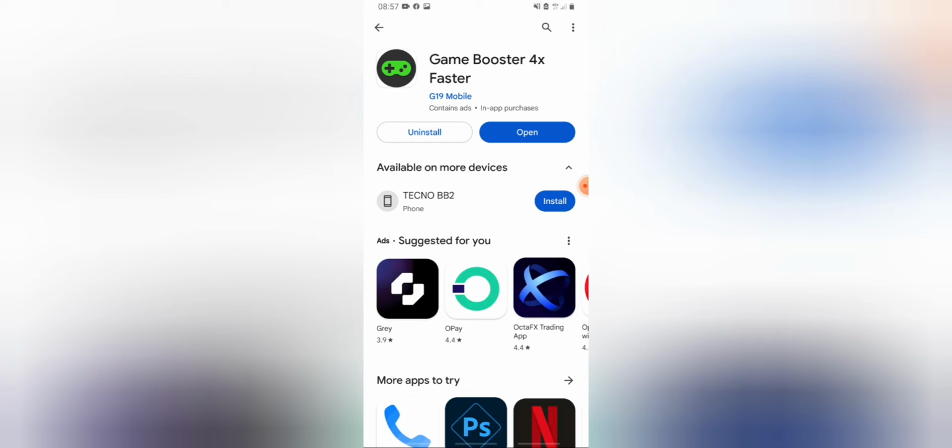I already installed it and am not gonna uninstall. So make sure you download and then wait for a few minutes. So after installing the app,